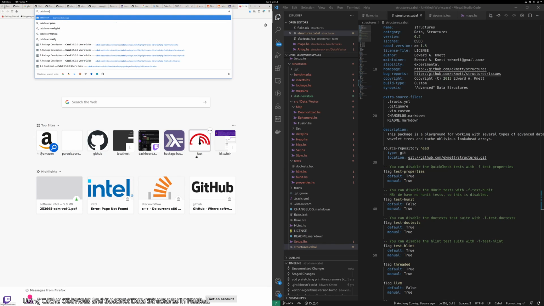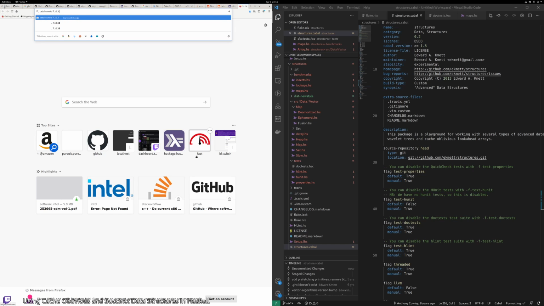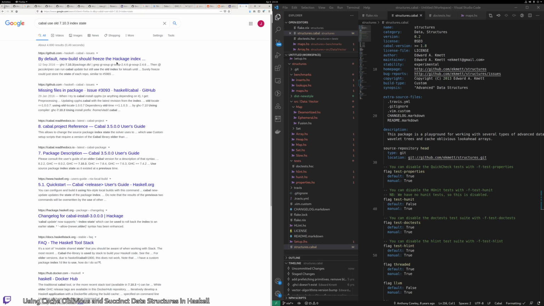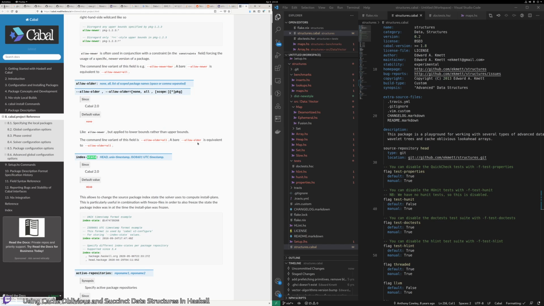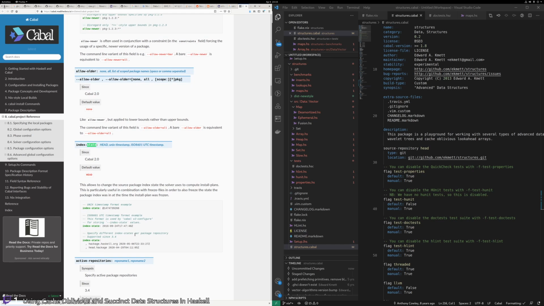Cabal, use old 7.10.3 index state. Cabal project, change source package in this state. This is Cabal 2.0 and index state, Unix timestamp,